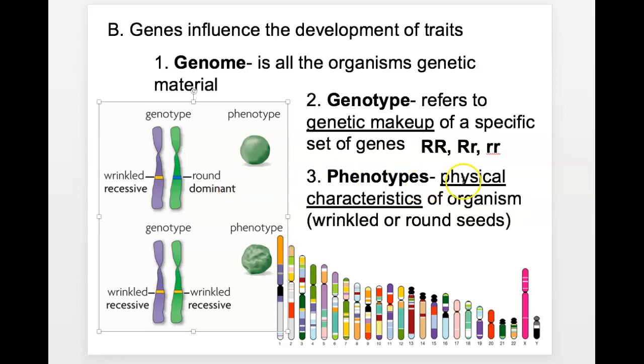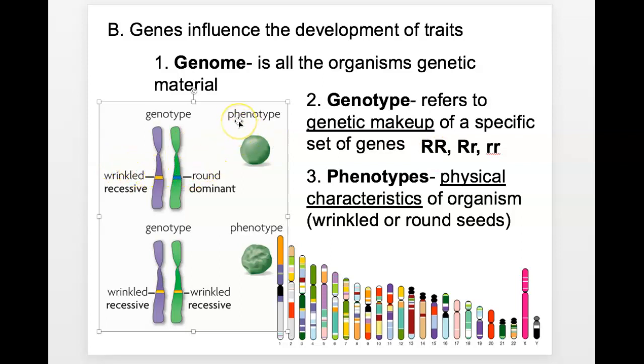So over here, I have capital R. That would be for a homozygous dominant. I have capital R, lowercase r. That would be a hybrid because they have one of each. Then I have lowercase r, and that's going to be for a recessive. Capital R, lowercase r also is heterozygous. It means that it's different. If we come back over here, we have one wrinkled, one round. So that means we're going to need to have a capital R and a lowercase r,